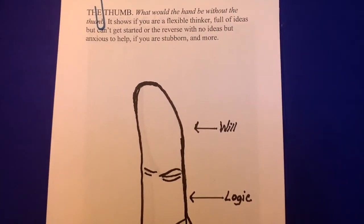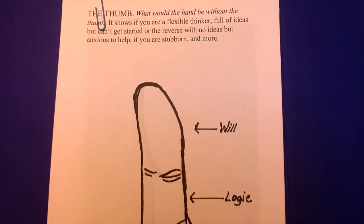All right, we have time for the introduction of the thumb. Okay, the thumb. What would the hand be without the thumb? It's a very important finger. It shows if you are a flexible thinker, full of ideas, but can't get started, or the reverse, with no ideas but anxious to help. I'll explain that as we go further. If you are stubborn, if you are a little naive, you'll find that